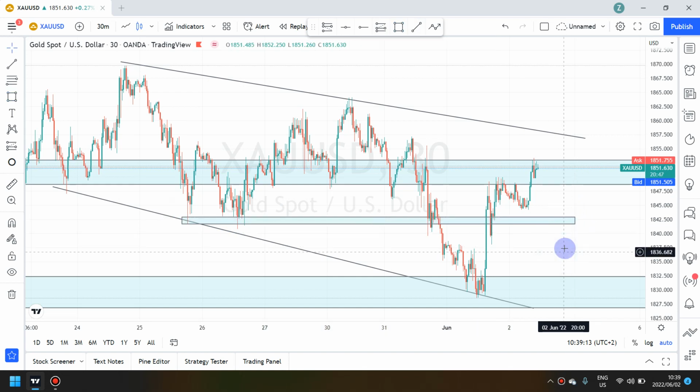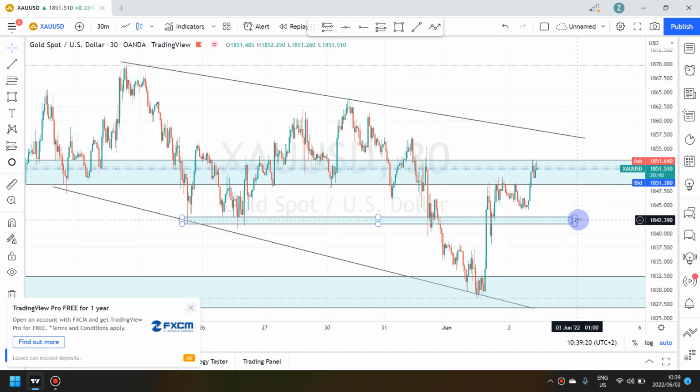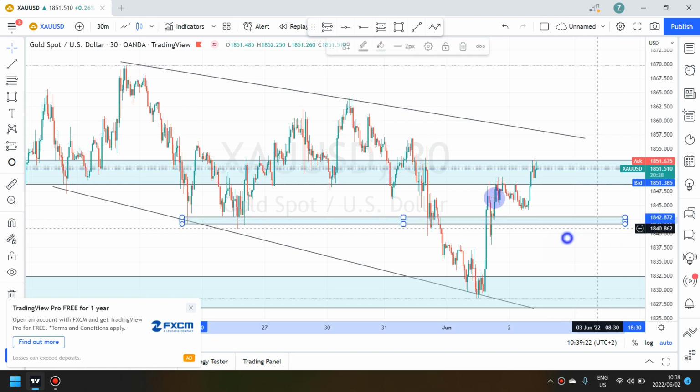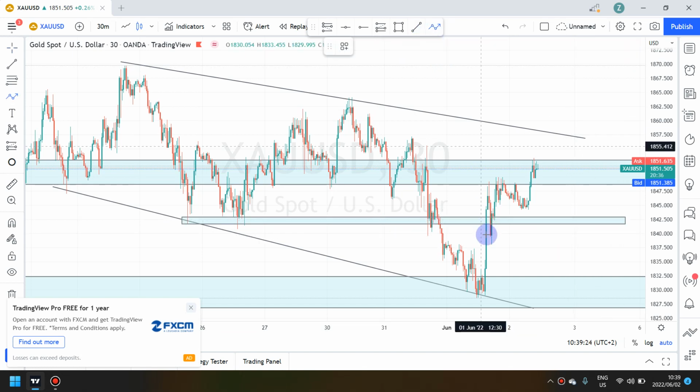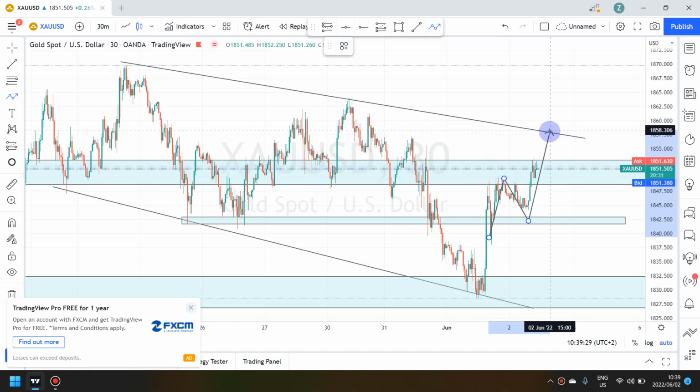So this is no zone, and I'm catering for this zone only if the market respects our sell setup, which is when the market gives us a head and shoulders, we can enter here and